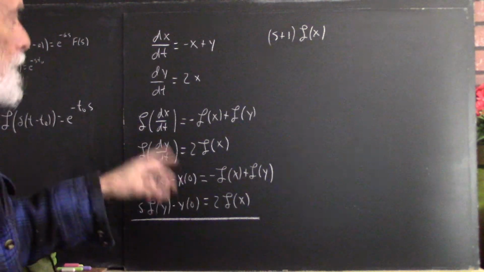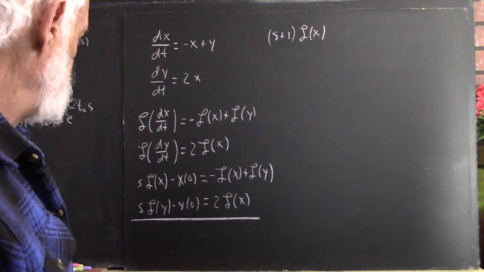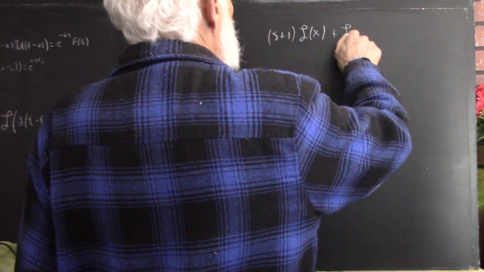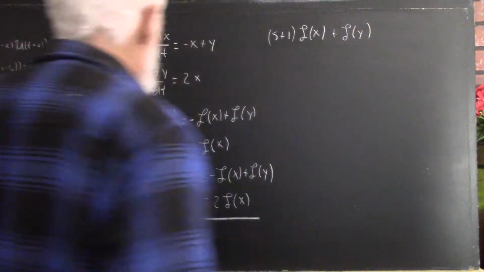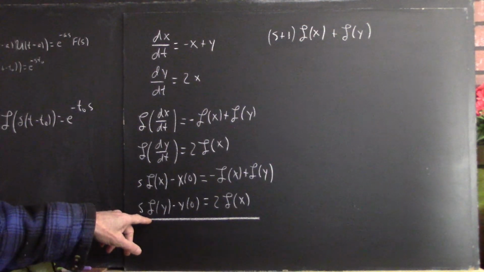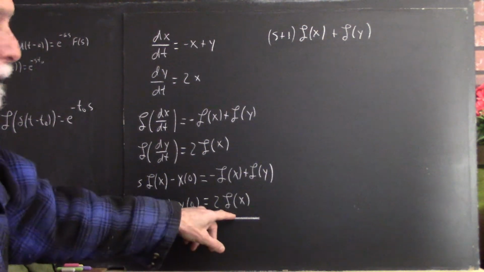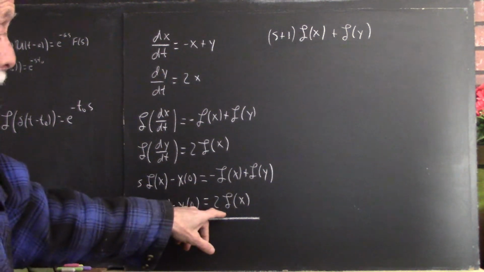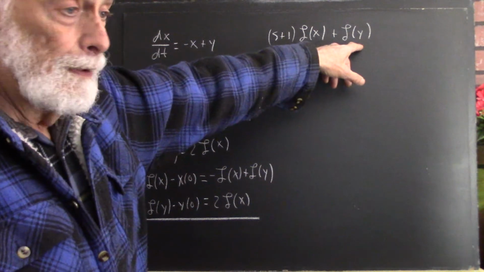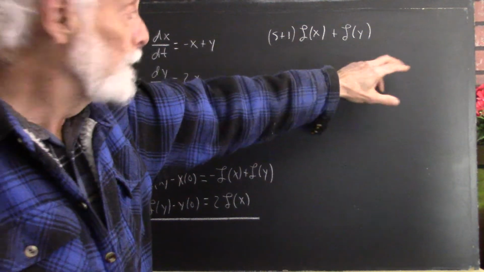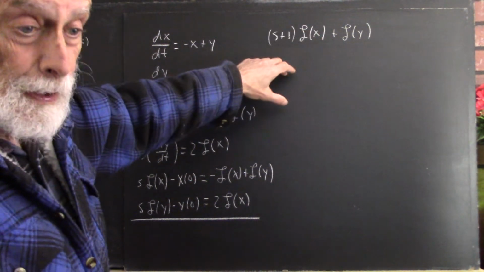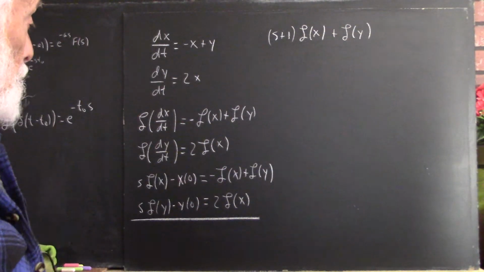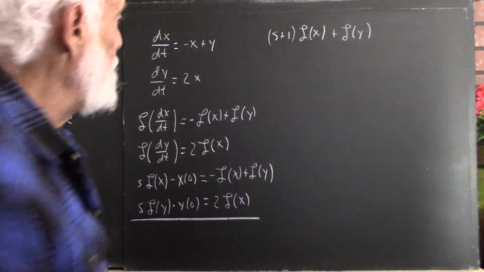Okay, we get this, and then it's going to be plus L of y. And we can see down here that L of y is going to be easy to solve for. So when we solve for L of y here, we're going to be plugging that back in here. We're going to have an expression involving L of x, which will combine with this, and we'll factor out the L of x from everything we get, and it's going to work out rather nicely. Okay, and then this is going to equal